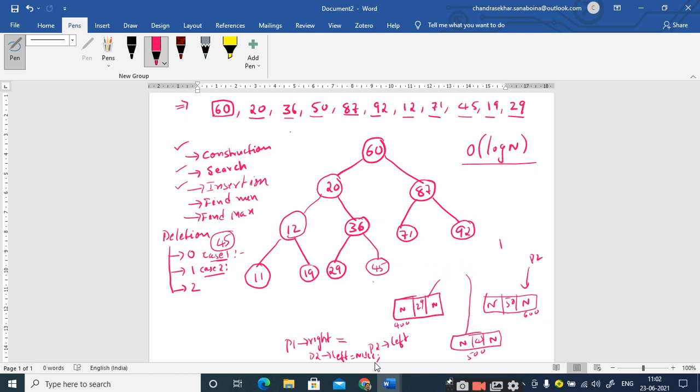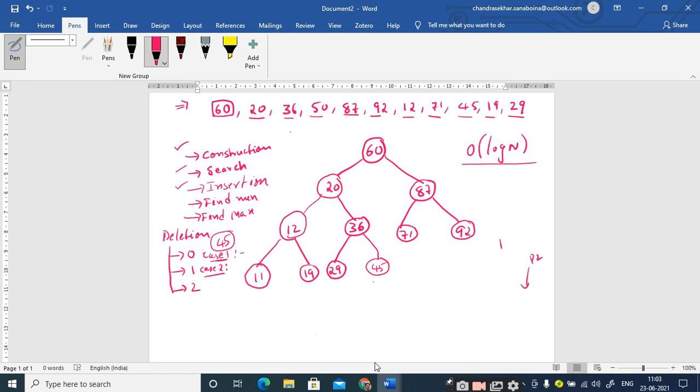Clear, sir. So give me 5 minutes of time, we will close it. Let us discuss how we are going to delete a node with 2 children. This is somewhat complex in nature. From an understanding point of view, it will be very easy. So we are going to deal with case 3, which is deleting a node with 2 children. Let us take this node 20. That is the node I want to delete.